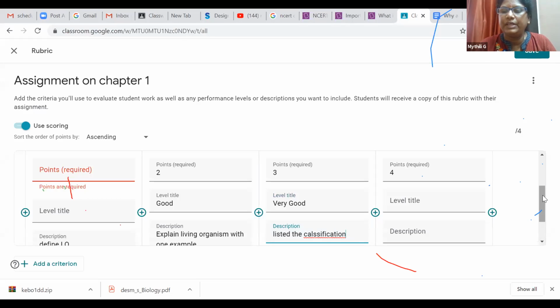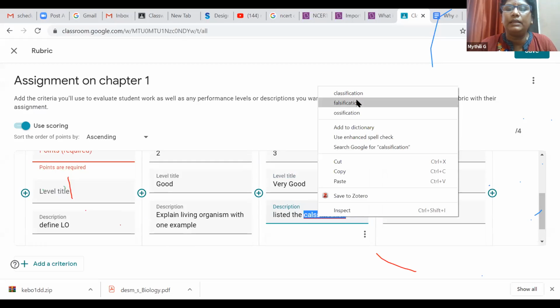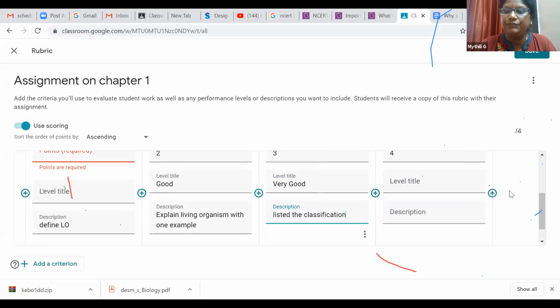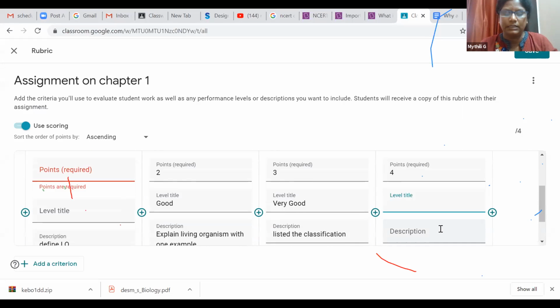If they are able to list the classification, then I'll give 3 marks to them. And if I'm going to the 4 marks, I can say this is excellent.